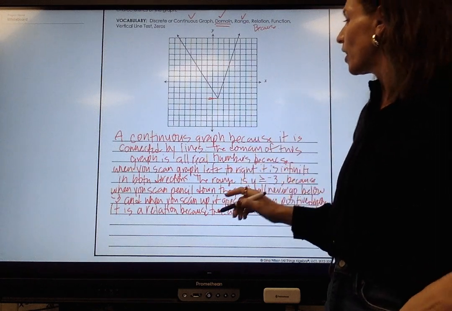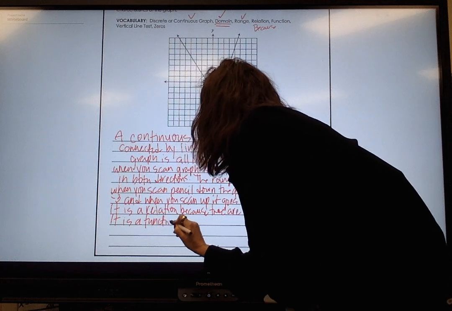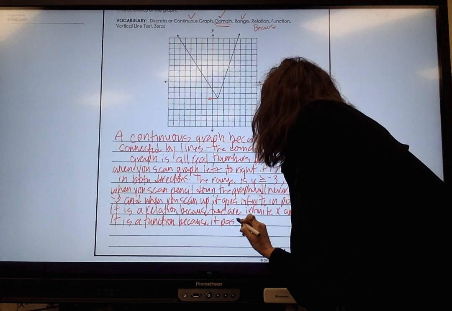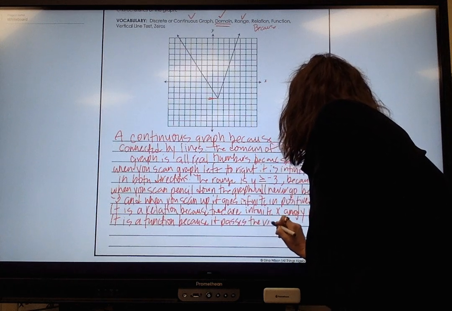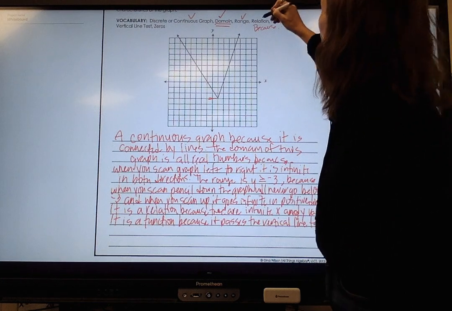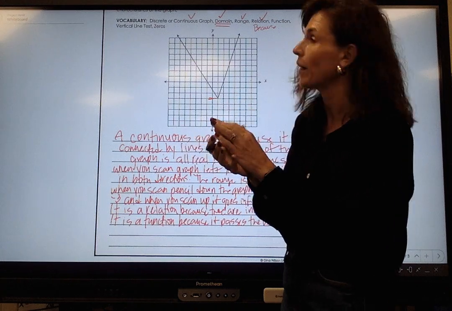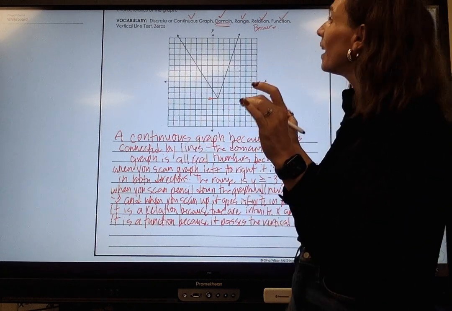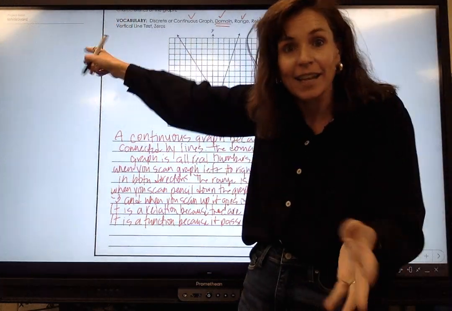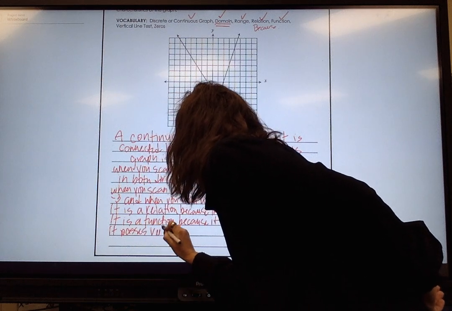It is a function. It is a function because it passes the vertical line test. Okay. So I said it's a relation because it has an infinite amount of x and y values. I said it is a function because it passes the vertical line test. Now I'm going to talk about the vertical line test. It passes the vertical line test